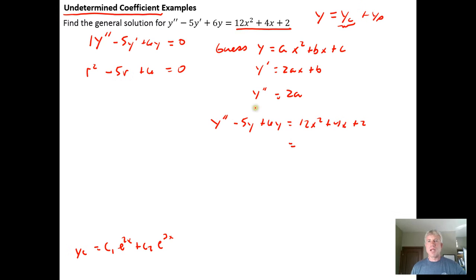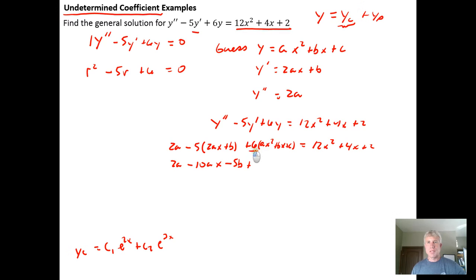So right here, plug in y double prime, which is 2 times a, minus 5 times y prime. It needs a prime on it, 5y prime, and y prime gets replaced with twice ax plus b, plus 6 times y, so it's going to be 6 times ax squared plus bx plus c, and this all has to add up to g of x, the driving function. So what we want to do is group x squared things, group x things, and group constant things. So we need to simplify things a little bit. We get minus 5 times 2 is minus 10ax, minus 5 times b is minus 5b, plus 6ax squared,